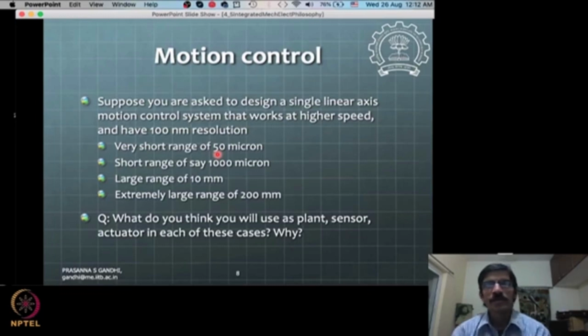In some CD-ROM drive systems, people might have tried this out in the past. I've never seen a piezo used in a CD-ROM drive, and there is a reason for that, but people might have tried it in the beginning to see the motion possibilities with piezo to give that much accuracy. One of the bigger disadvantages of piezos is this. One good advantage is that they can be positioned better than 100 nanometer. And why is that happening? If you see carefully, piezos typically require very high voltage when they have to be actuated.